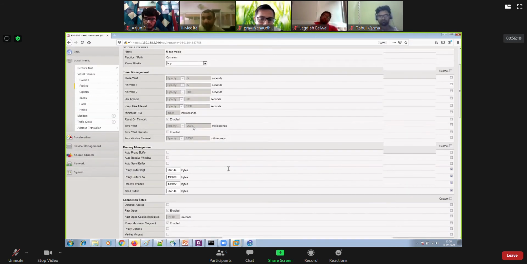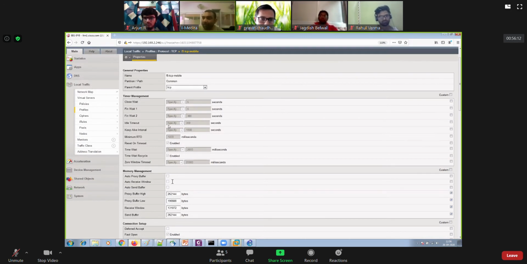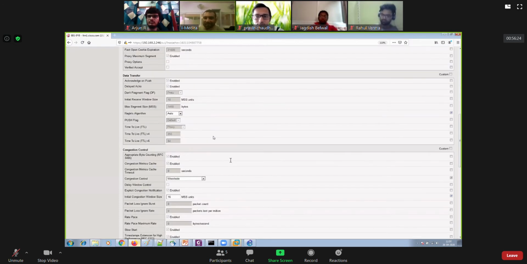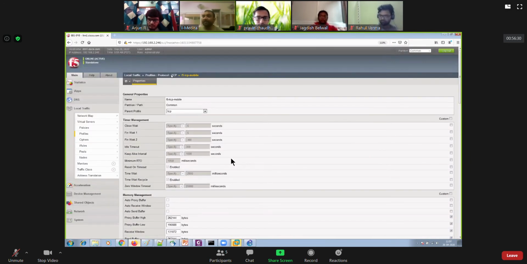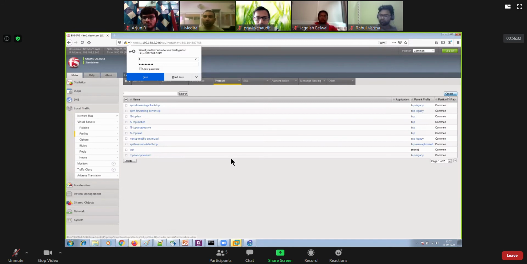So that's what I stated before, right? In fact, you should again reduce the idle timeout, because as soon as your idle timeout expires, the TCP connection will also get closed automatically. So even for cell phone users, you should reduce your idle timeout. That's how you can make this configuration, right? If I go back, and if you want to create a new customized TCP profile, go ahead and create one.